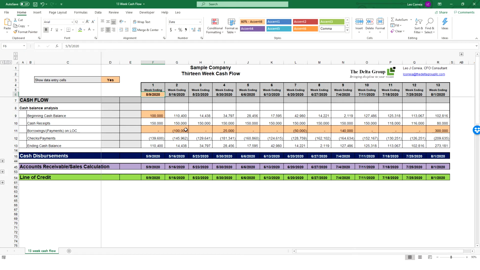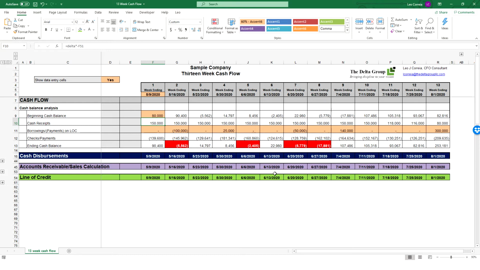So we start out, obviously, with our week ending, and we can choose our week ending, and all the successive 13 weeks will automatically populate based on that date. The next thing that I want to enter is my beginning cash balance. And when I enter my beginning cash balance, based on the inflows and outflows that I've put into the cash disbursement section, the accounts receivable and line of credit section,